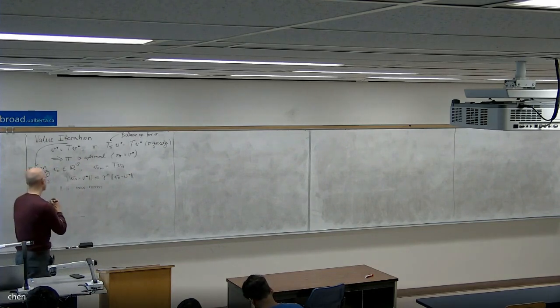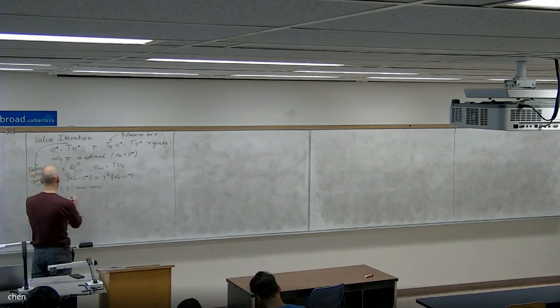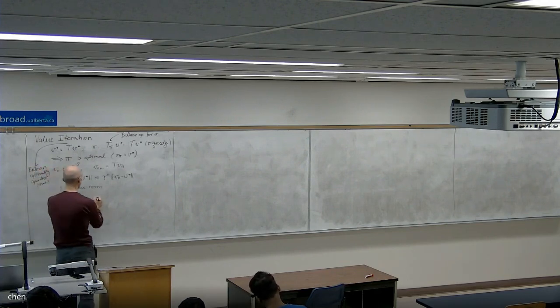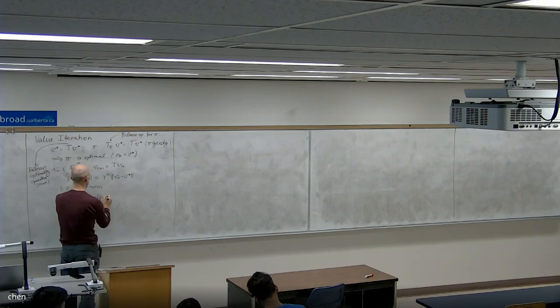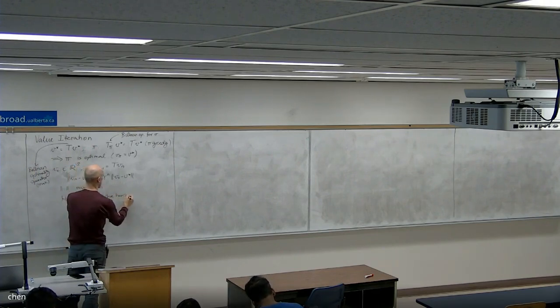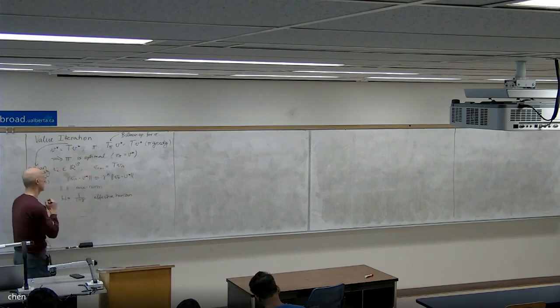And the last time we calculated that if h is 1/(1 minus gamma), the effective horizon in this discounted MDP,